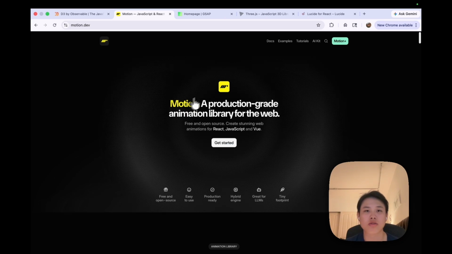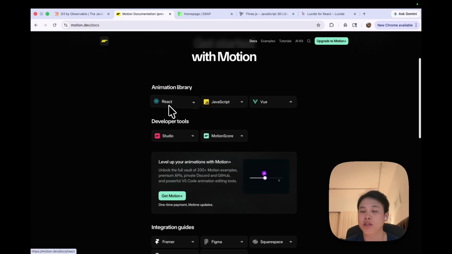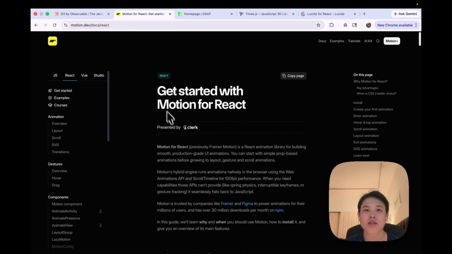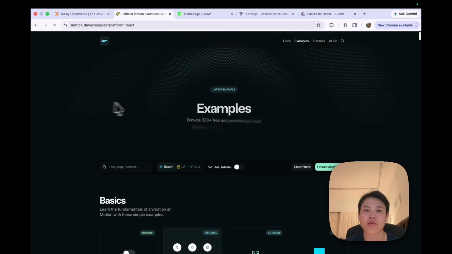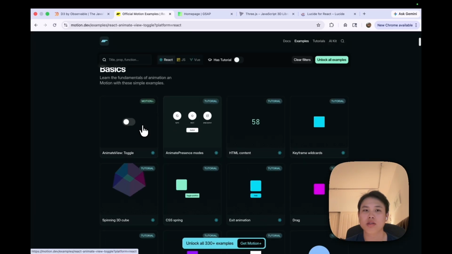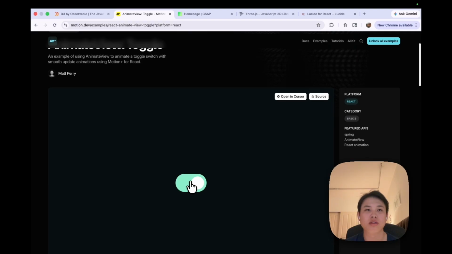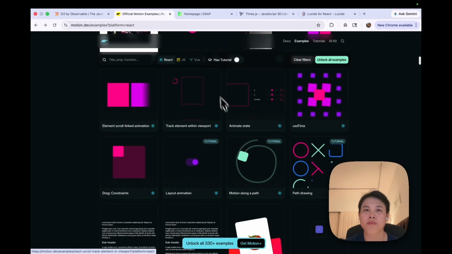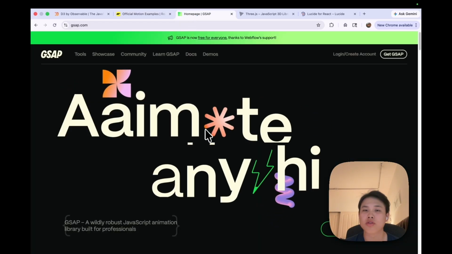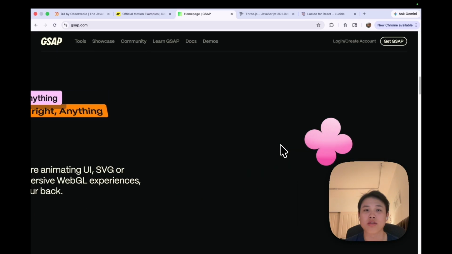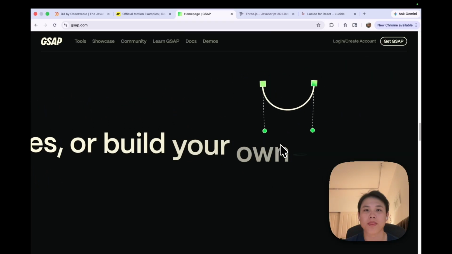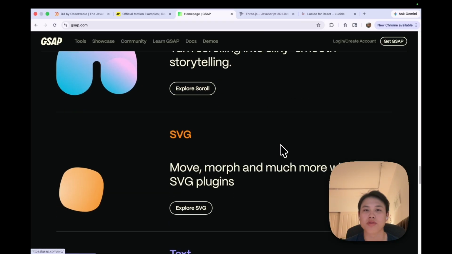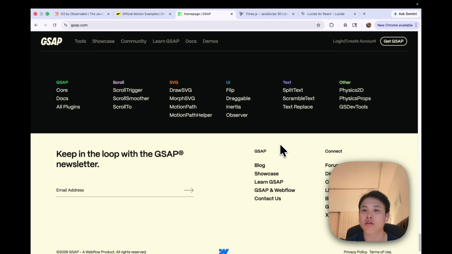Before it was called Framer Motion, now just Motion. And we're using React. Remember, Next.js is built on top of React, and React is basically on top of JavaScript. Let's do React and let's see some examples. You can see there's a bunch of examples you can play with, to see if you like certain animation or interaction. And also you have GSAP. As you scroll down, you can see there are so many different types of animation and interaction you can incorporate into